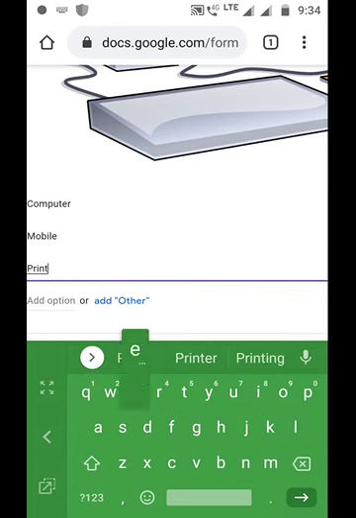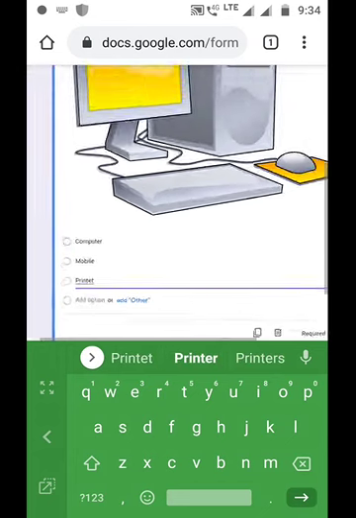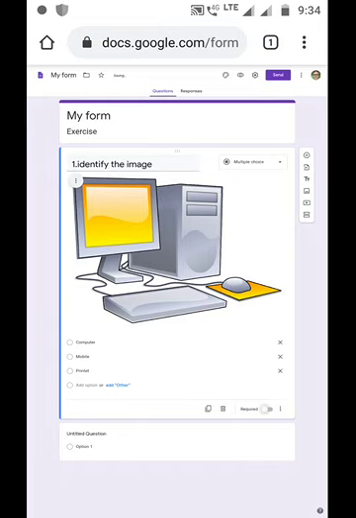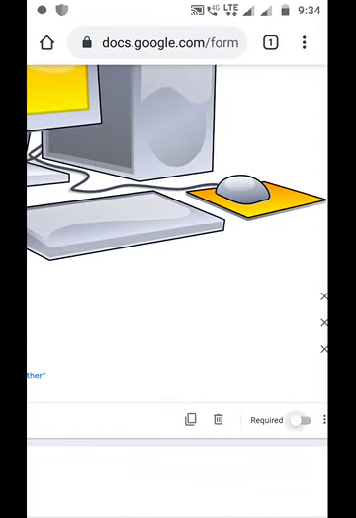In this way you can zoom out, and if you want this field to be required, you will find the required button at the bottom. So select it, and if you don't want this field to be required, then deselect it. If you want to delete the question, you can delete it also, and if you want to copy the same pattern or the same content, you can select the copy option.